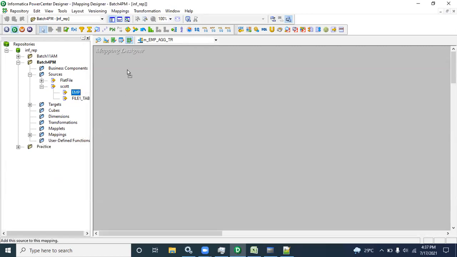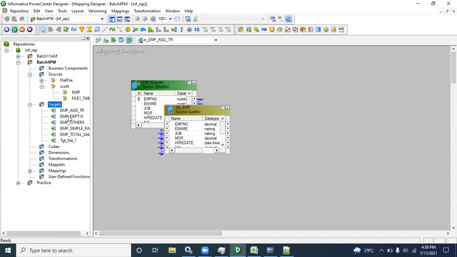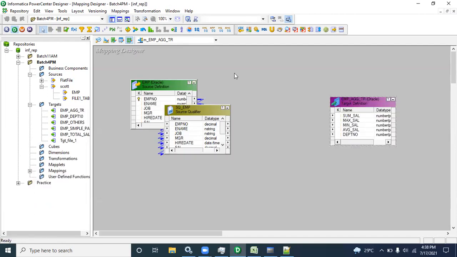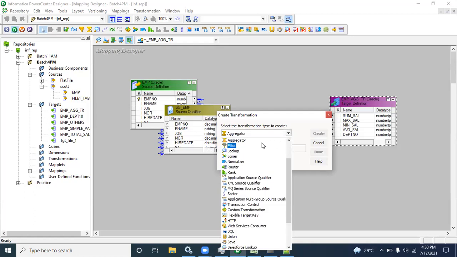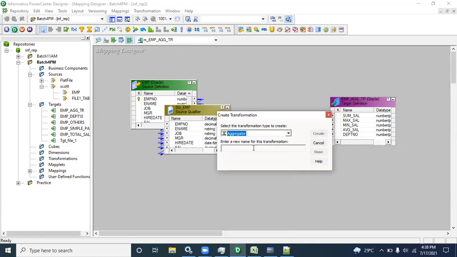Drag the source from batch 4 PM under sources to the mapping area, drag the target, then go to transformation, create. Last time how we created, the same manner. We can press A from your keyboard, or else from the drop down you can select the aggregator.